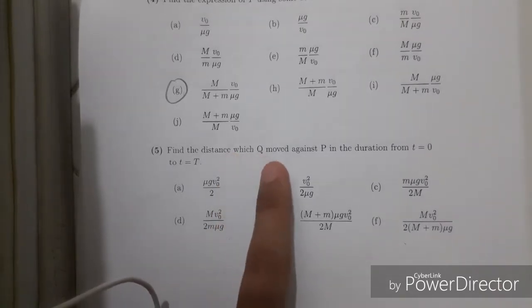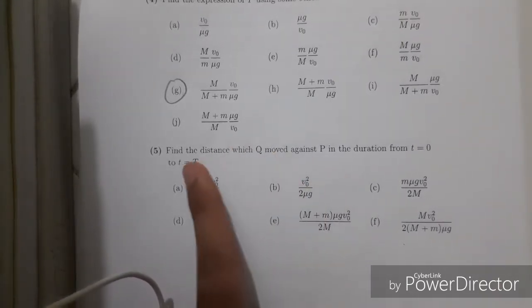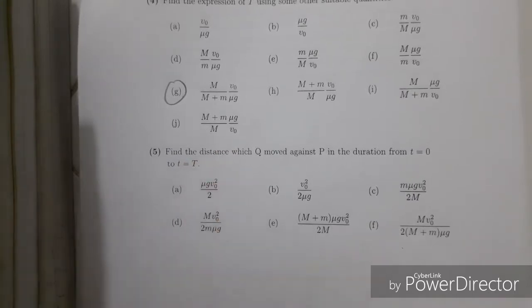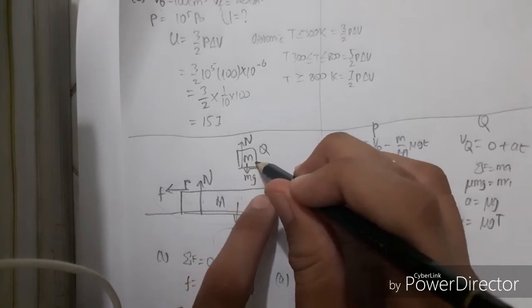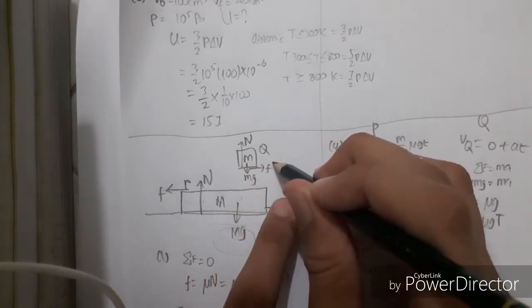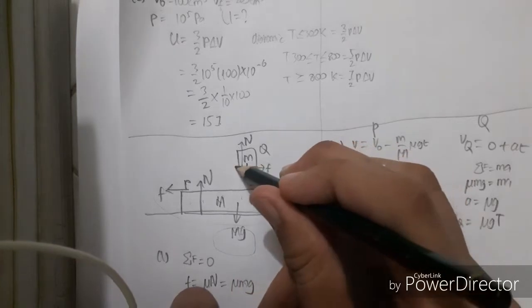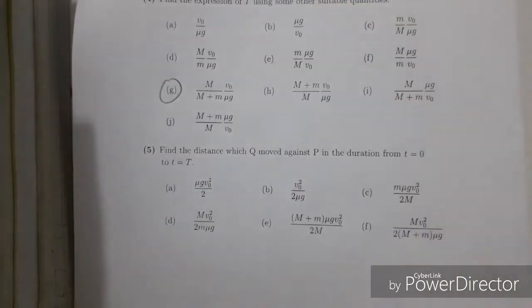Now for number 5, the question is, find the distance which Q moves against P in the duration from t0 to t equals t. Now, at some point, when this block is moving, while they are still attached together, they move this way, and when it gets even faster, the Q will be moved there. So that is the main problem for this question. Number 5. So object Q,